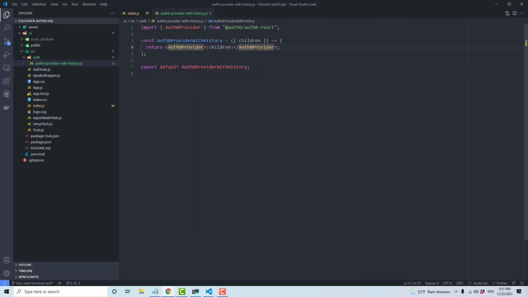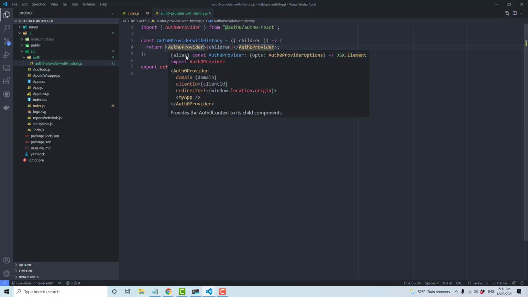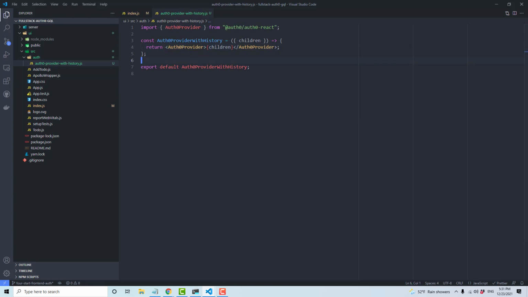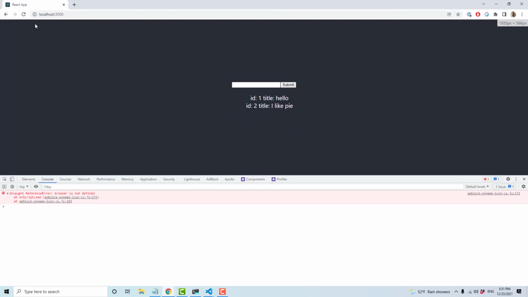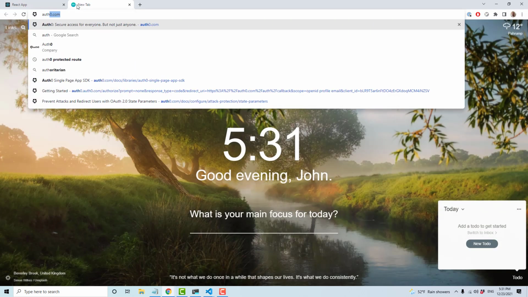And then from here, we need to create our application and then pass in, I think it's the client ID and the domain as a minimum, and then redirect URL. So that's the minimum setup for this Auth0 provider. So we need to go to Auth0's website and create our app. So we'll open a new tab, go to Auth0,